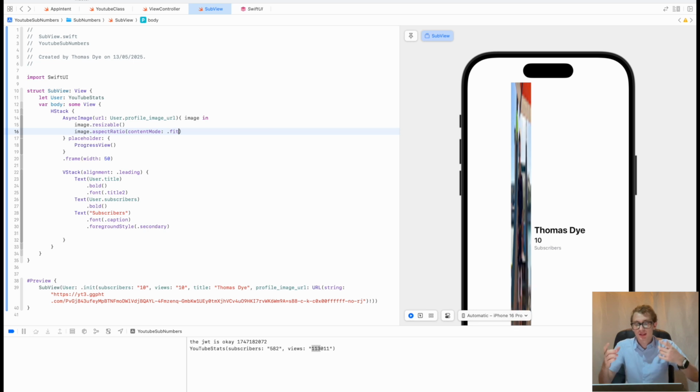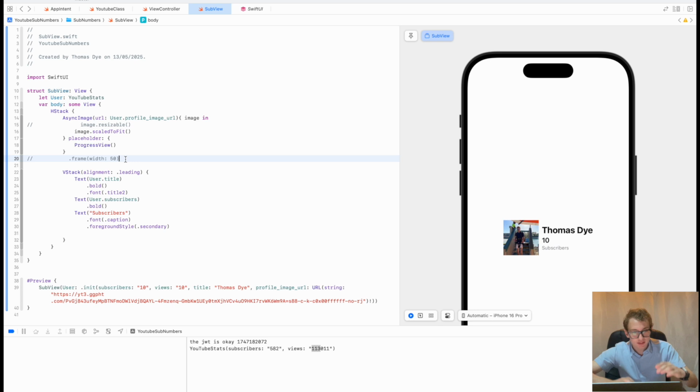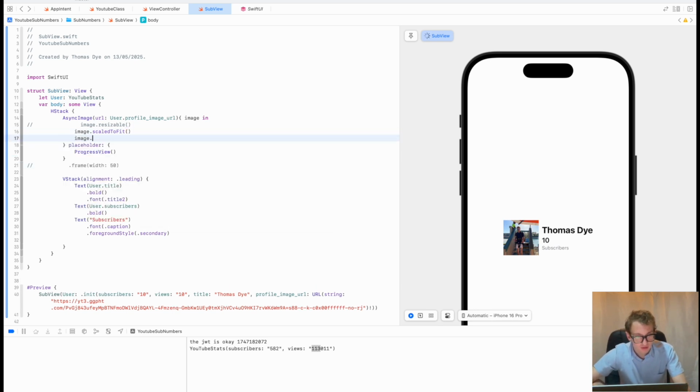Make it fit within the frame, not fill the frame. If we turn off the resizable, we'll go back to this, and I think that might be better. We're going to remove this width frame so that the frame is there. Then what we'll do is essentially make the image rounded. So we're going to do image round